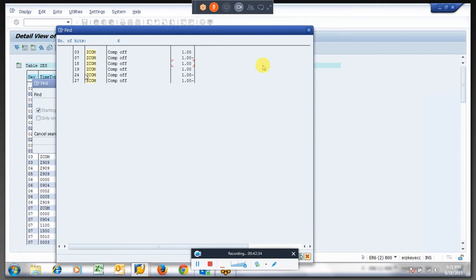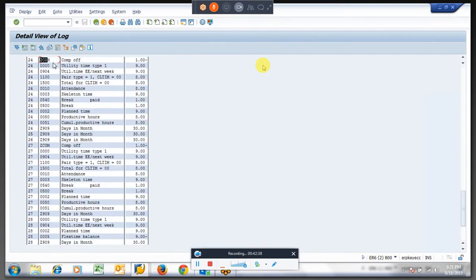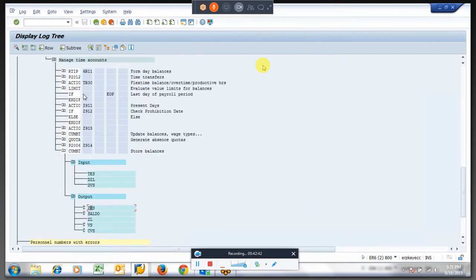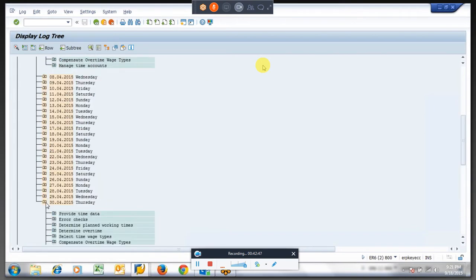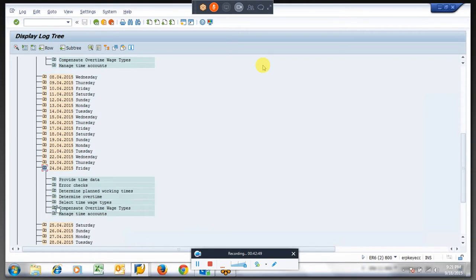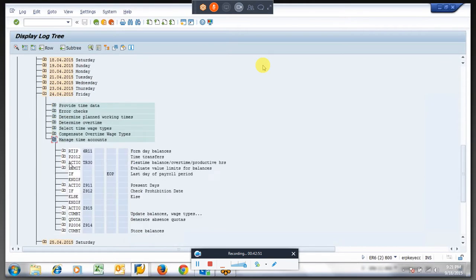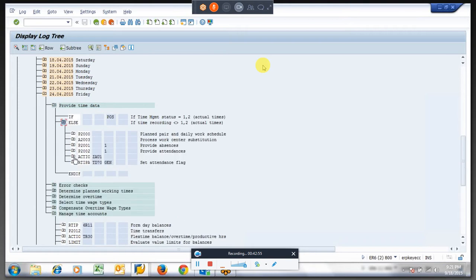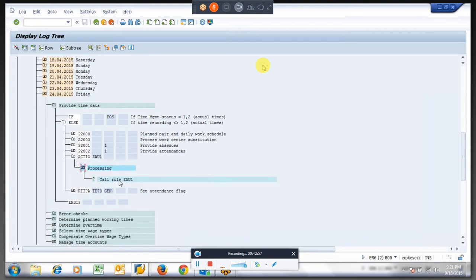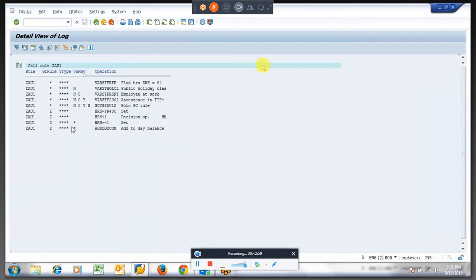You got the thing I am explaining, right? See here, if you see ZCOM is there, I will show you on 24th. So this is the rule which happened on 24th.